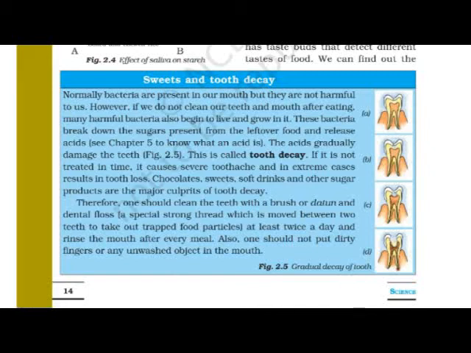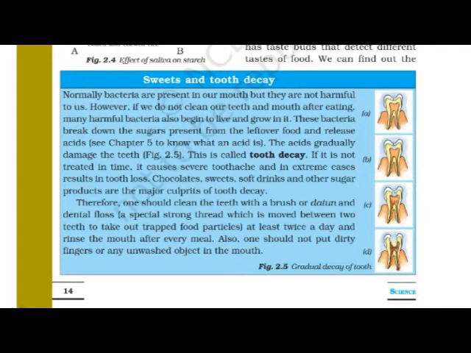Session number 3 of lesson number 2, nutrition in animals, where we have seen various points. Last time we have seen about the teeth, milk teeth, permanent teeth, and we have started the mouth and buccal cavity, in which we have discussed how the food is digested in the mouth itself, how the saliva acts on it. For that we had conducted one activity also, activity number 2.3, where we have seen how the saliva acts on the starch and converts it into sugar.